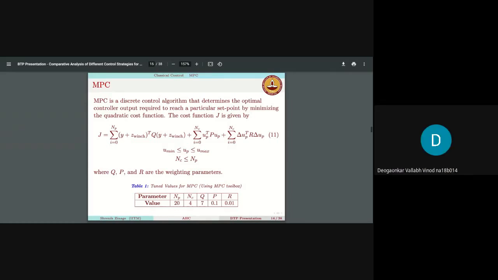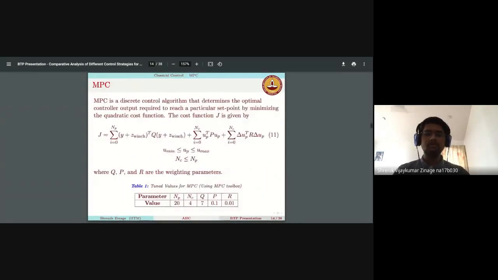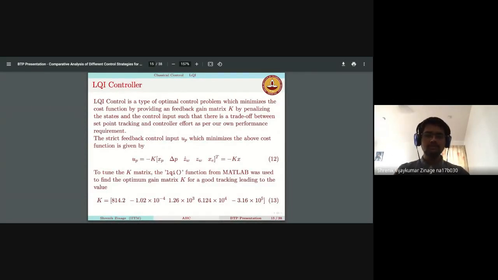Yeah. Okay. Now talking about LQI control. LQI control is an optimal control which tries to do the same thing as MPC but in a fixed time window. MPC was in a receding time window, right? So you try to optimize within some NP window and NC window. But in LQI, you're keeping the window fixed. That means you're keeping NP and NC fixed, and you're trying to calculate the matrix K such that compensation is achieved. In order to do that, we need to know all the states in advance, and that is something we don't know in real life applications.